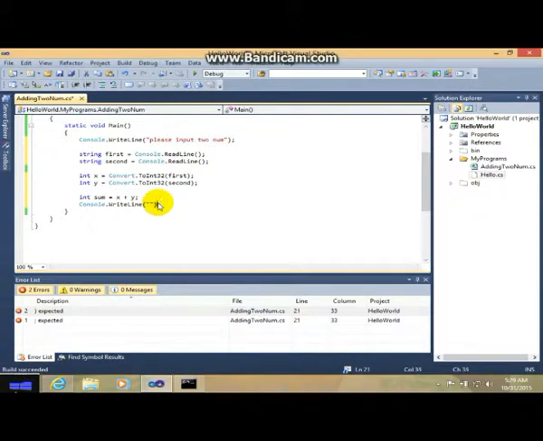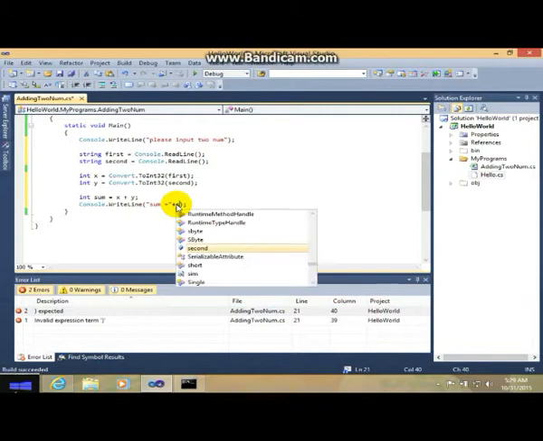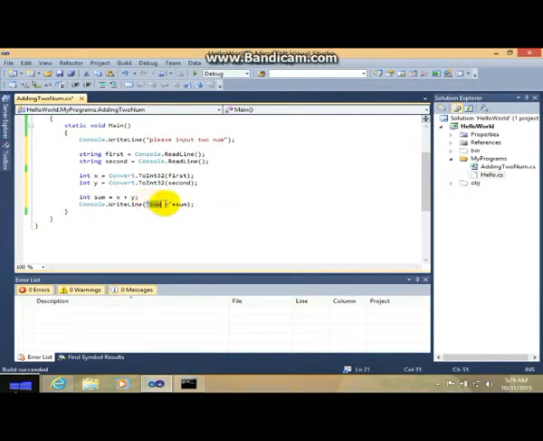We want sum is equal to, we use plus as a concatenator, and plus sum, and we're good to go. So what this does is this sum text would display on your screen plus the variable sum here. This sum would change into a number because this number will be added like we display here.